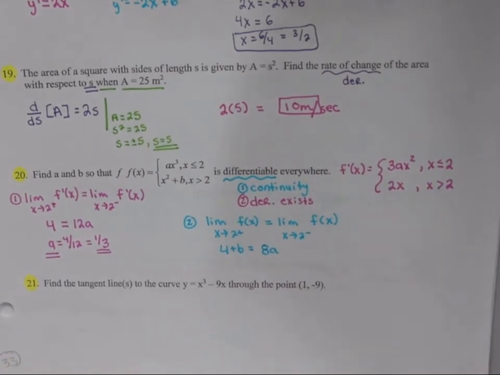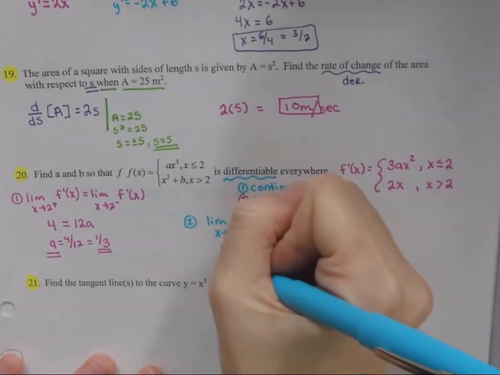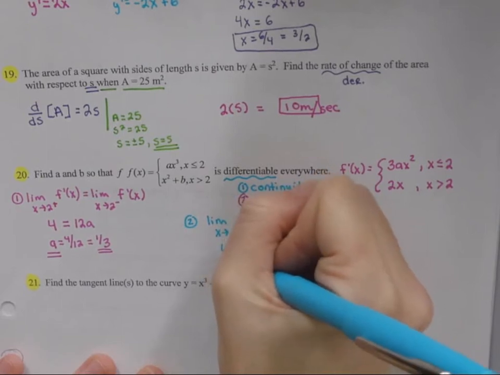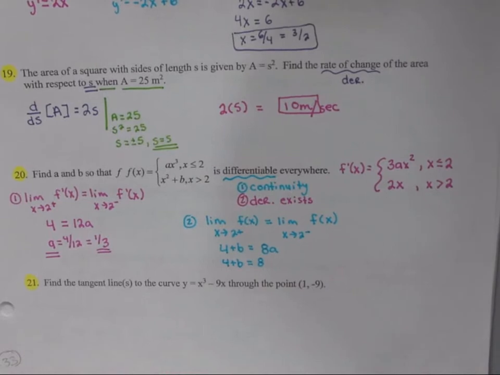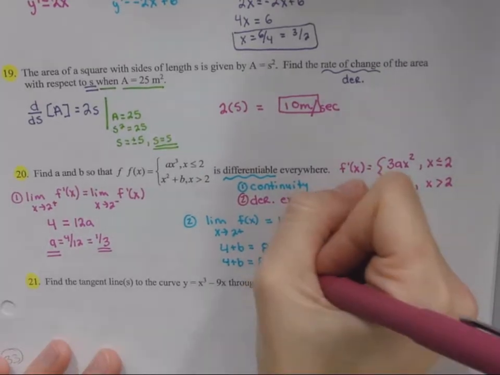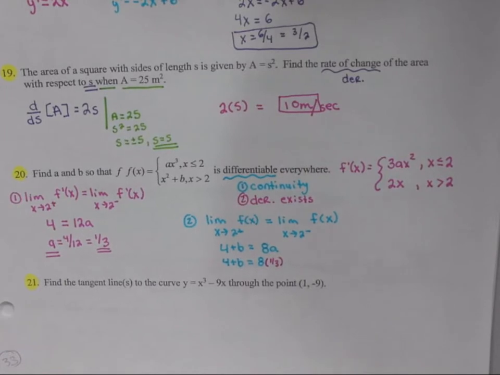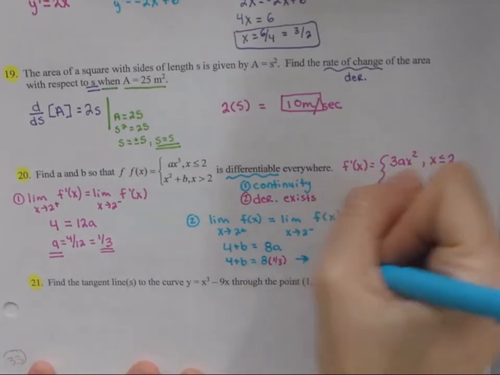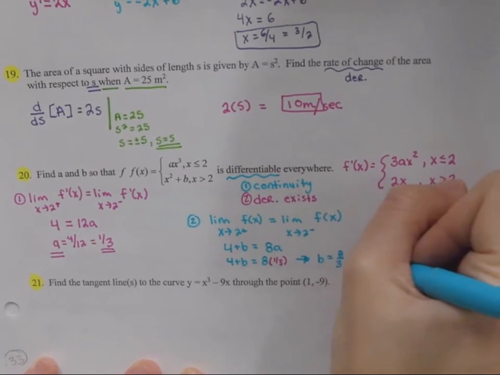And if this is all you were looking at, you'd have a problem, right? Because we still have a and b in the answer, but we now can plug in 1/3. So 4 plus b is equal to 8 times 1/3, or 8/3. So now to find b, we're going to take 8/3, subtract 4,